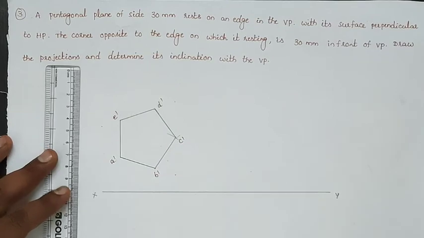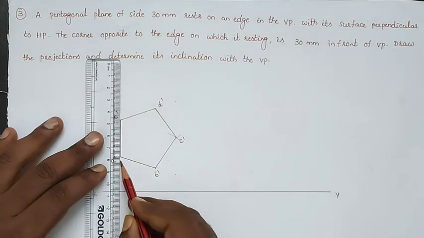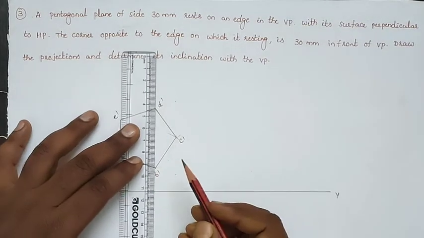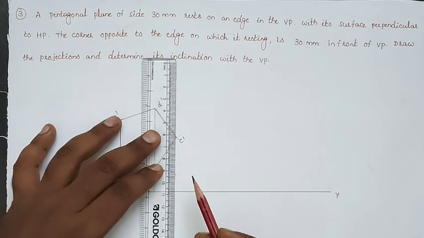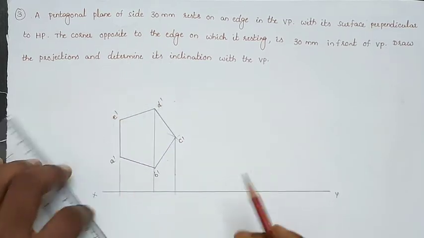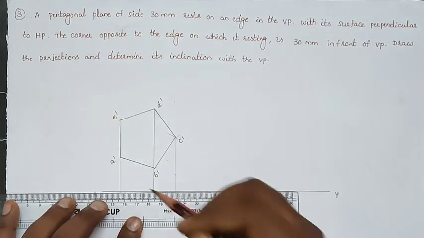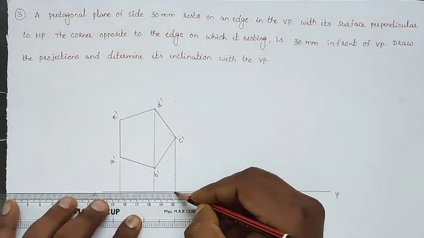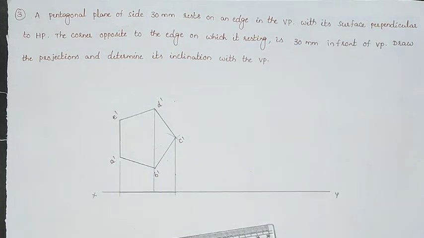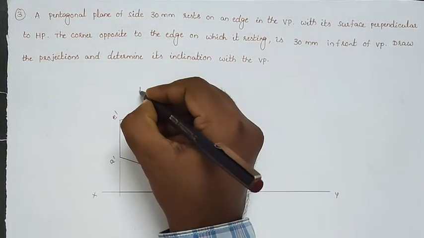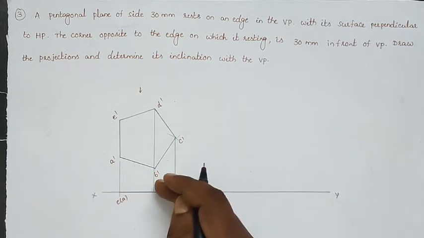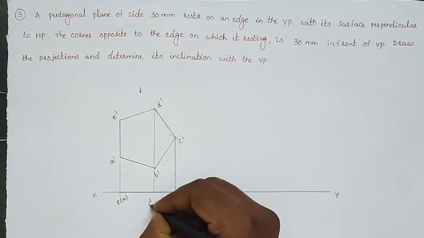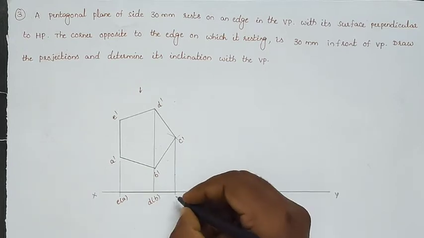So this is our first front view, and projecting it in downward direction up to the reference line, we'll obtain our first top view. So this is our initial stage. So this is the direction of the top view. So A is not visible, B is not visible here. Located within brackets, C here.